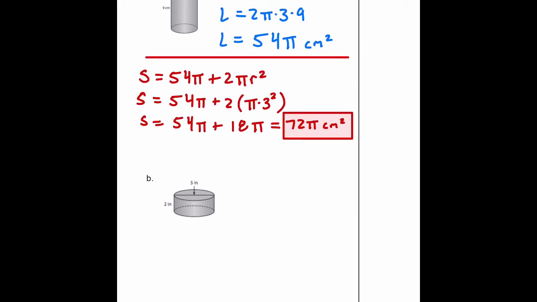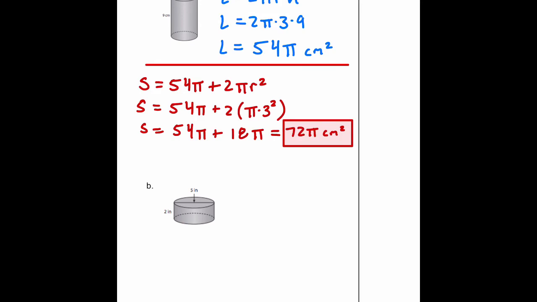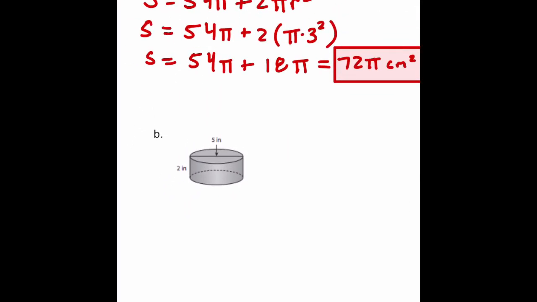All right, one more time here, same idea, except notice for this one that they did not give me the radius. They actually gave me the diameter, the whole entire line. The radius would, of course, just be half of that, so r is going to equal 2.5. And so then I can go ahead and find